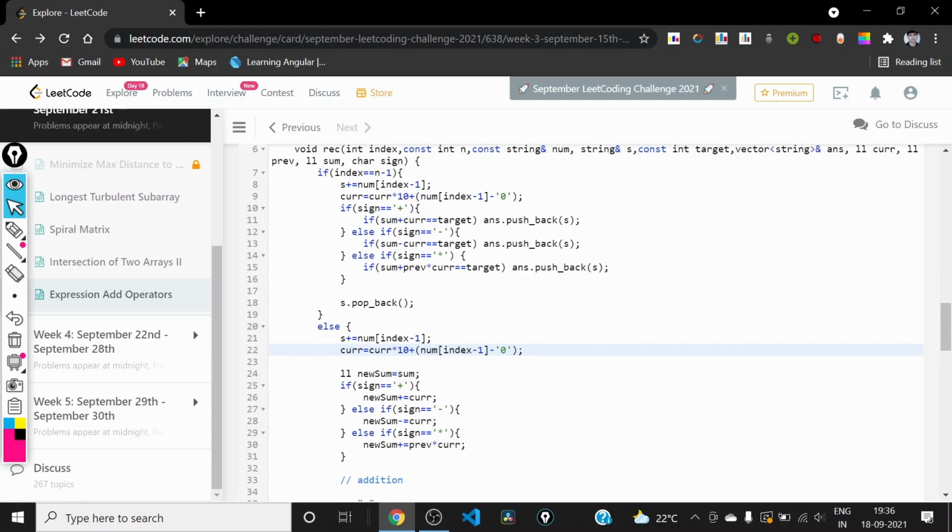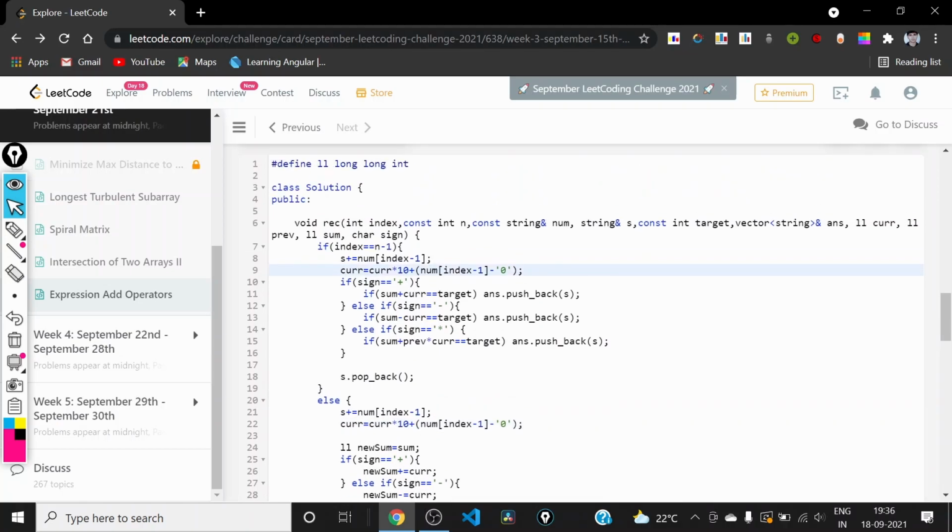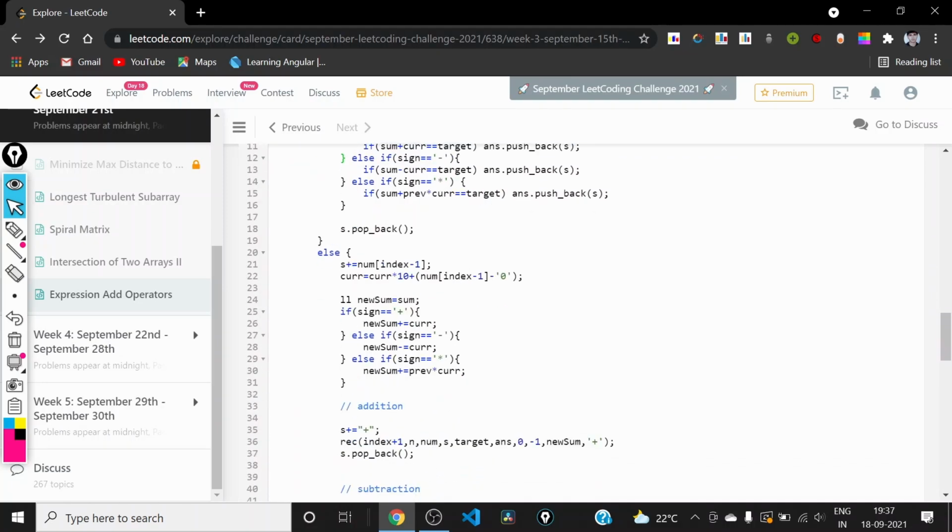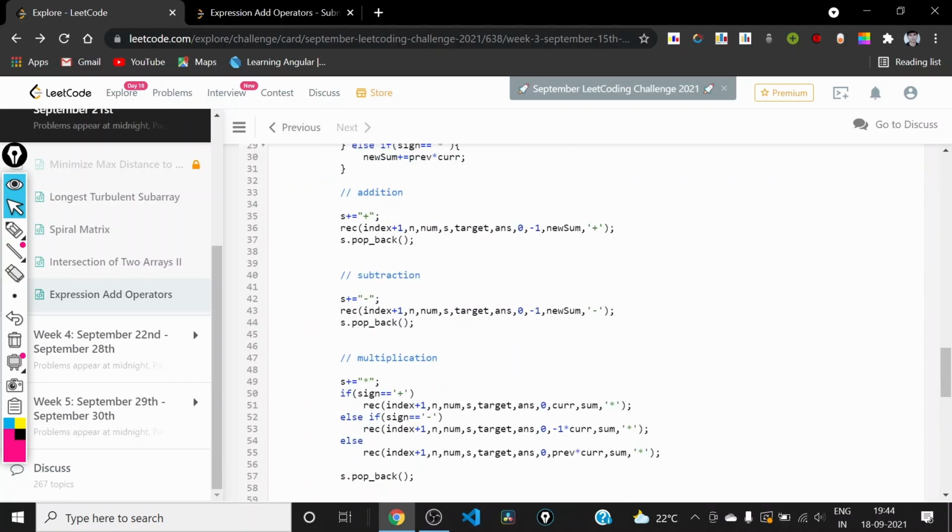Okay, so we are using index minus 1. It should be n minus 1, right? We wanted to use the current character, right? And here it should be index. So this was the thing that was being done wrong.